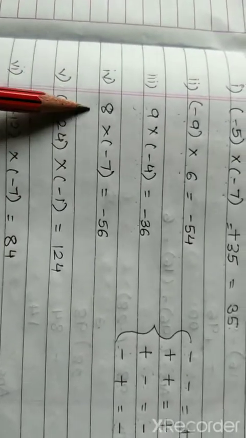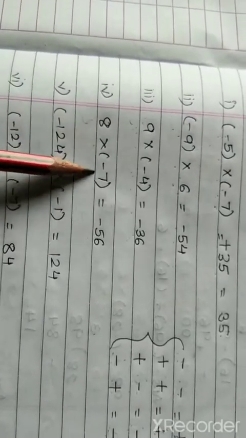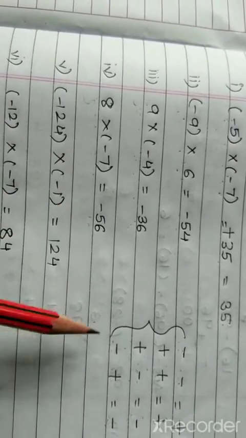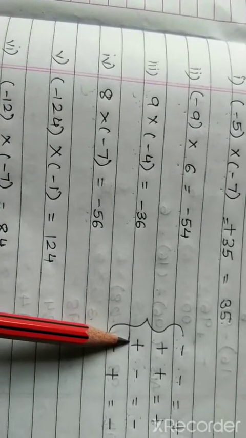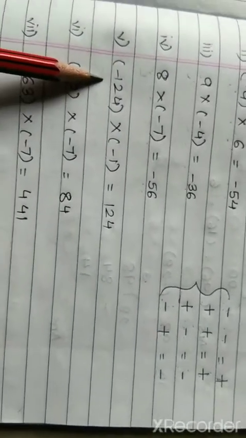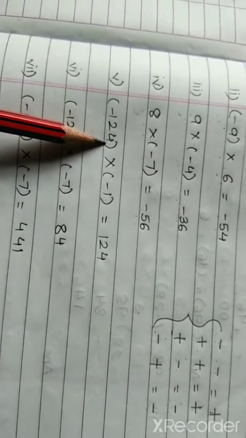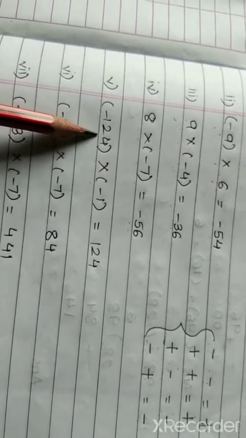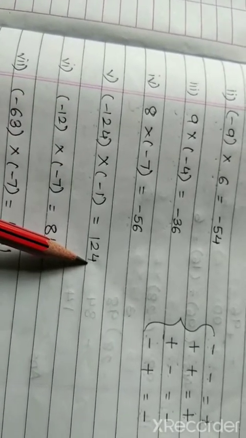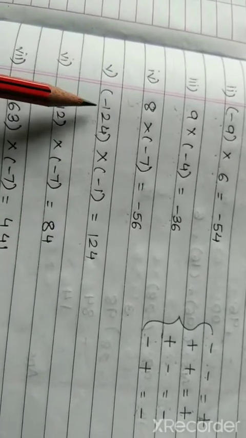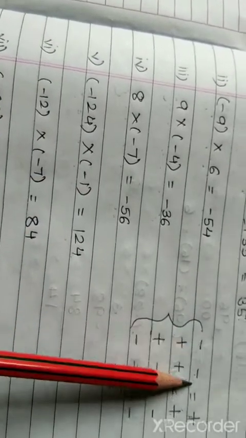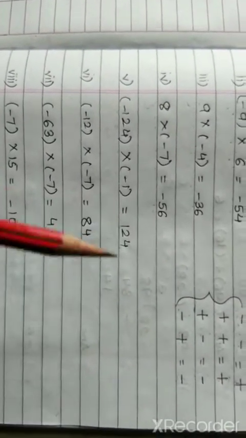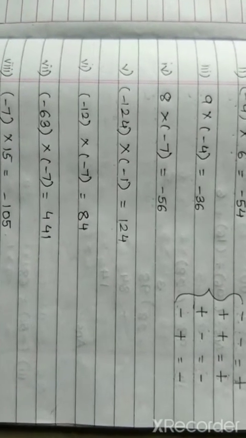Moving ahead to fourth sum, 8 multiplied by minus 7. 8 7s is 56. Again plus minus is minus. We can make out from the third rule. Moving ahead to the fifth question. This is minus 124 multiplied by minus 1. The table of 124 we can't learn, so it's ones, so the number is going to be the same. 124 ones is 124. Again minus minus, two negatives will give you a positive sign, therefore our answer will be positive and not negative. Here there is no sign, that means the number is positive.